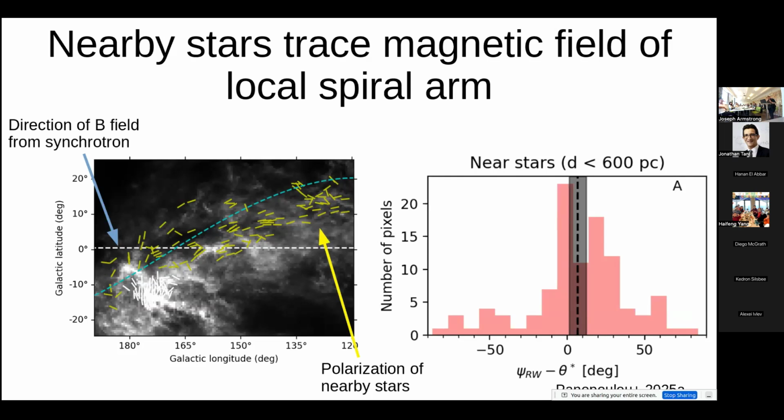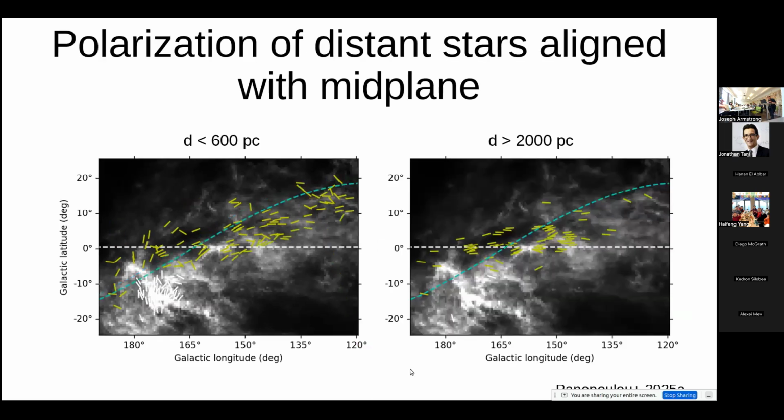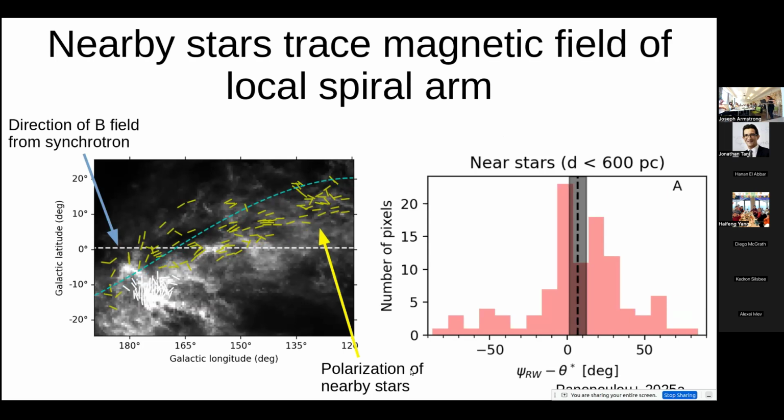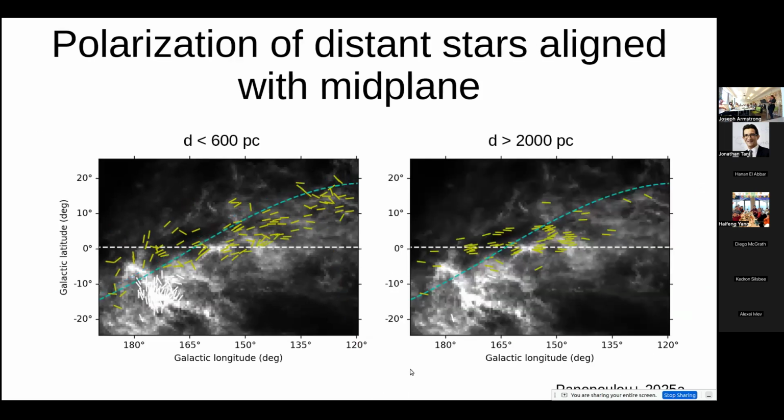You might have noticed that there are some selection effects going on here. I've selected stars only to be within 600 parsecs. That's the distance at which we are sure that the stars are only probing the Radcliffe wave and nothing that's further away. If I start looking at stars that are really further away, so 2 kpc or more, I see that their polarizations are now tracing a direction that's more parallel to the midplane of the galaxy. And that's more in line with what the synchrotron maps and the dust polarization maps were showing. Okay,